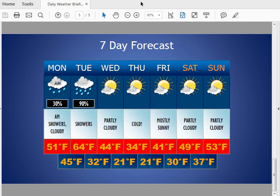So here's an overview of our 7-day forecast. We're going to be seeing just a 30% chance of showers this morning. Most of that has already ended, though. Seeing a high in the low 50s as we go towards this afternoon. For tomorrow, going to be seeing a 90% chance of those showers, mainly in the late morning hours through the